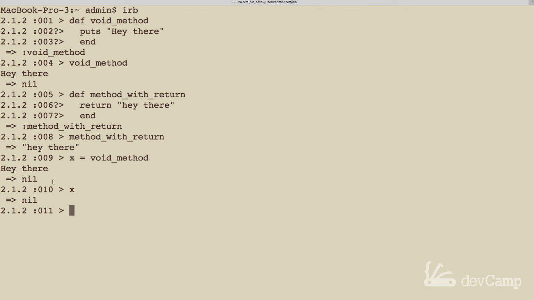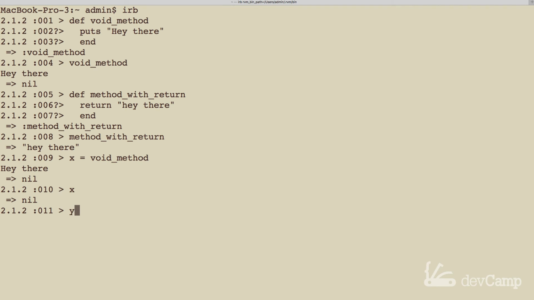So what exactly is happening? Even though void method has this puts hey there, because it doesn't return anything, it returns nil. When we call this later on, we don't actually get the hey there value. All we get is what's returned from that method.